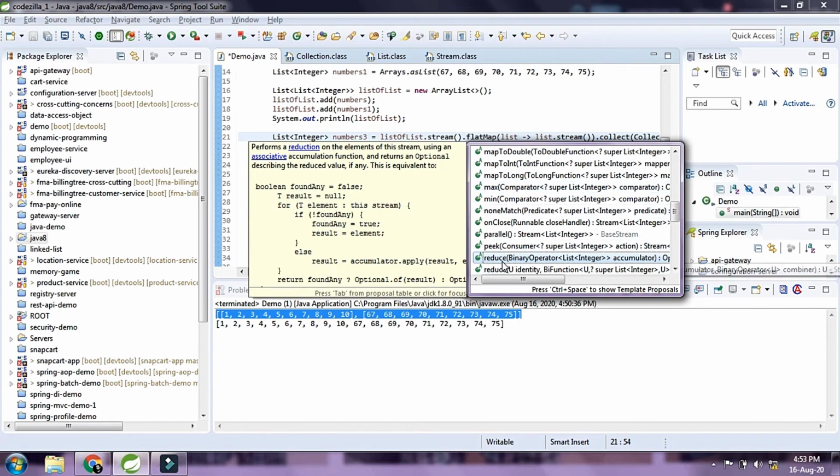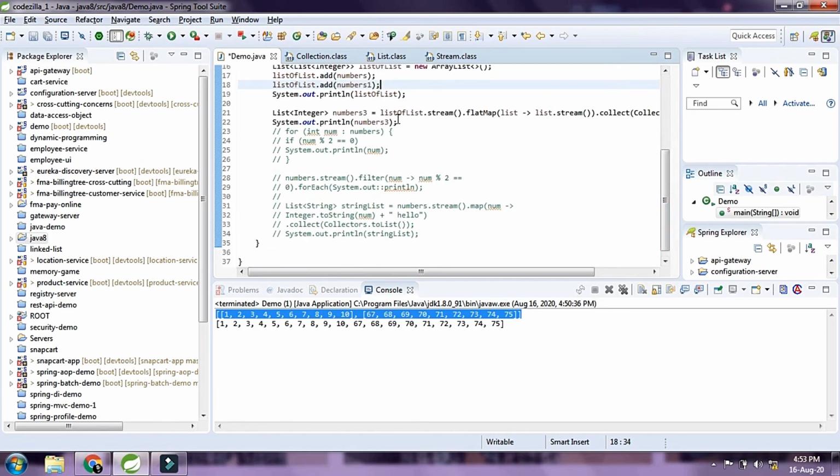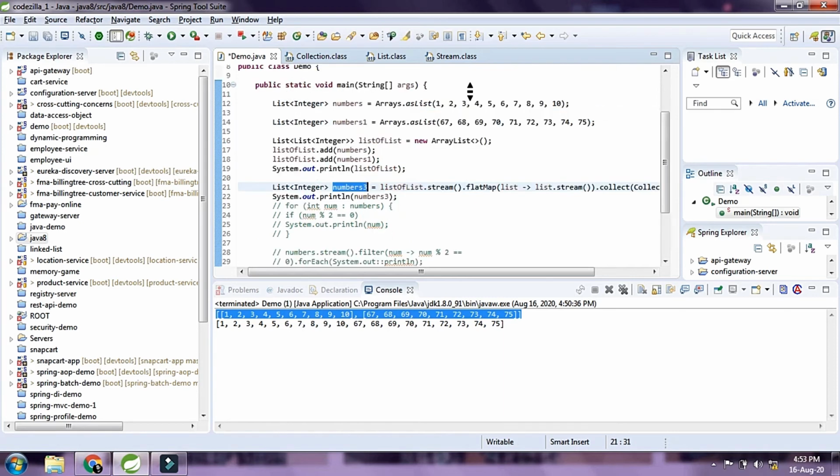So reduce can be used if we are trying to find the sum of all the elements inside our list or inside our integer list. We can use a reduce method to do so, and it takes in a binary operator, which is again another functional interface. So let's go ahead and do a reduce, right? So what I'm going to do is work with the list numbers 3 that we have just created. So I'm just going to comment this line out,